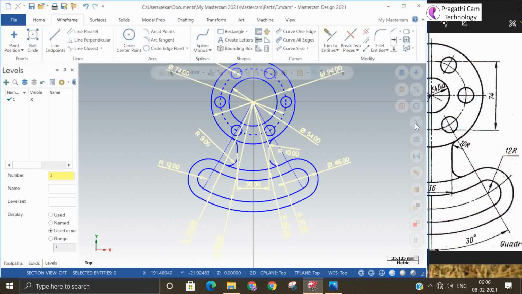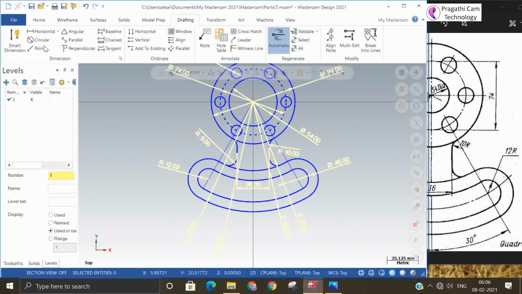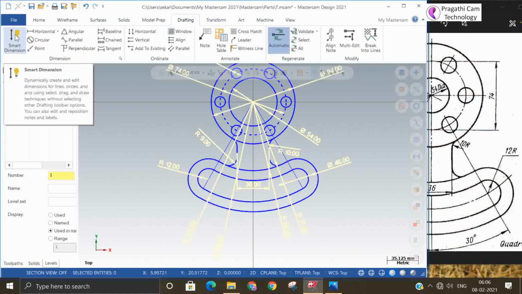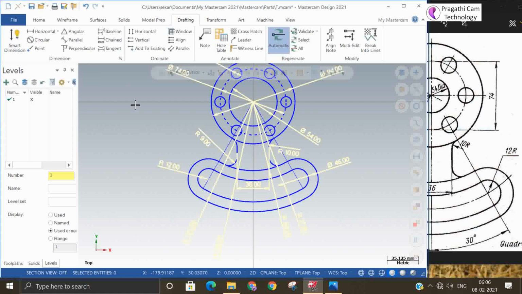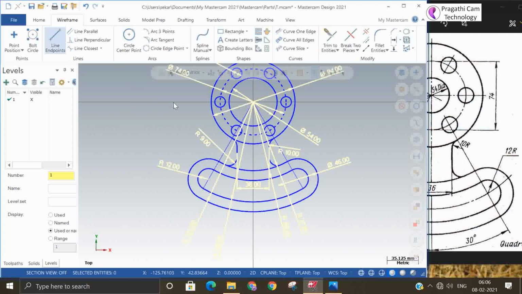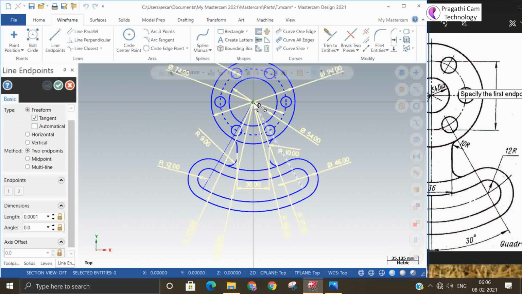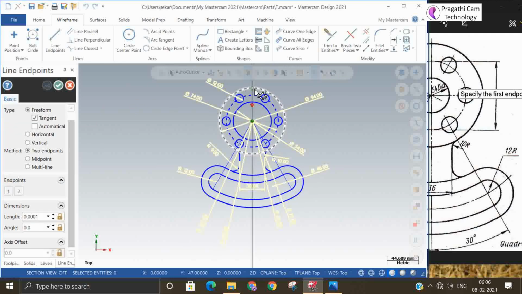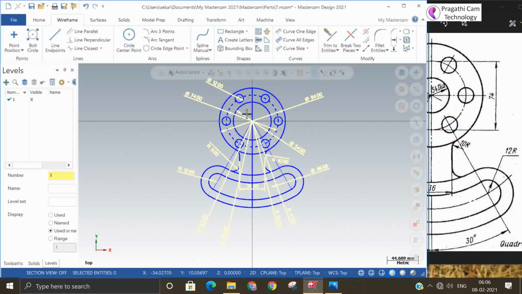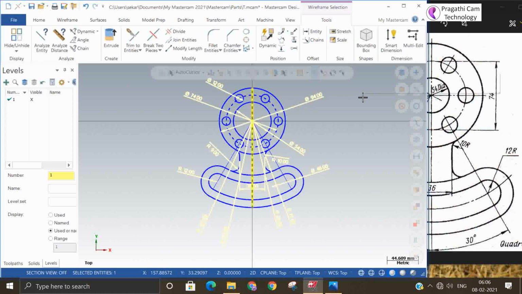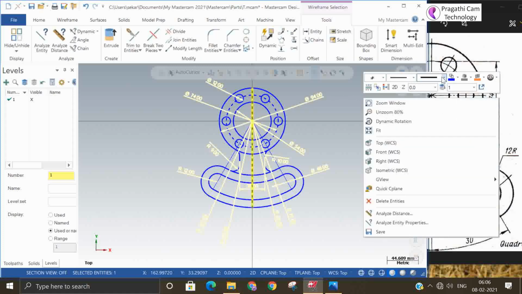So now we can do the angle. You can select it. Draw one line for the center line. You can change the color and thickness of that center line which you have drawn.